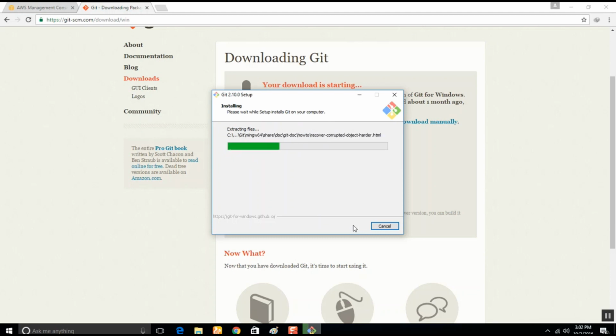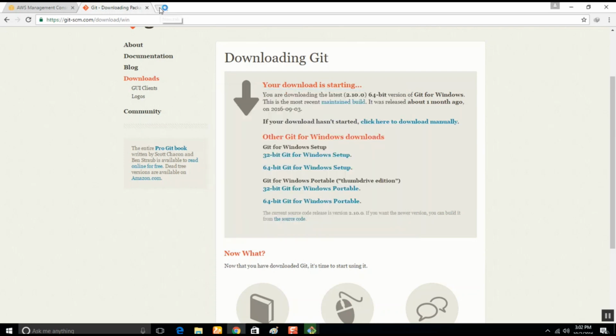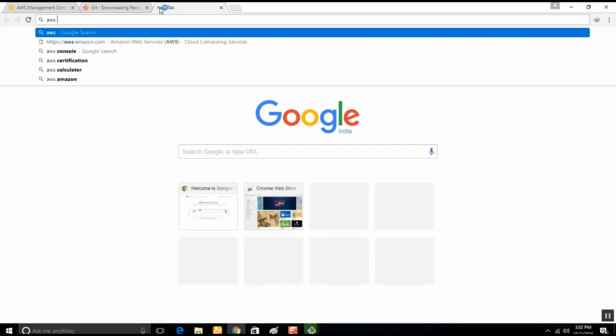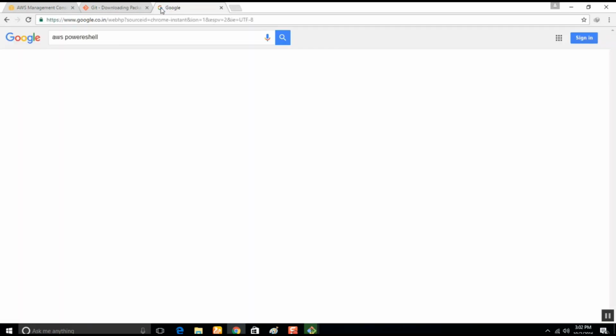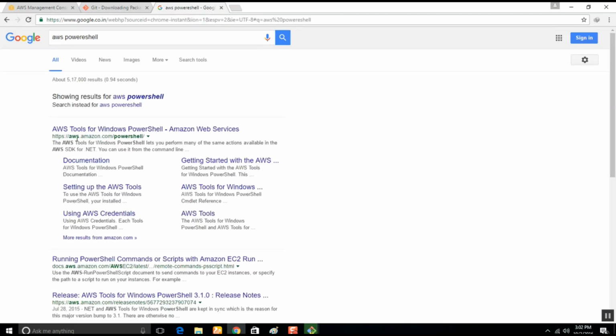In the meanwhile, we need PowerShell in Windows, which aids in doing code commit, code pipeline or code deploy. PowerShell is provided by AWS at aws.amazon.com/powershell.